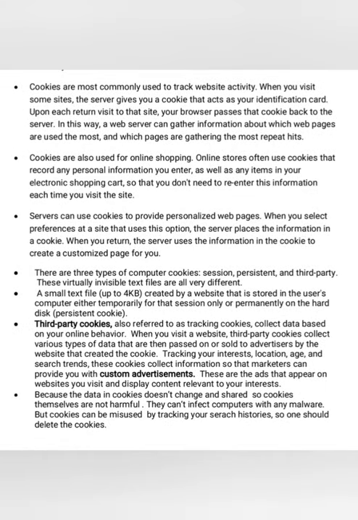Persistent is permanent, which will remain in the system for a long time. And third party is a kind of cookie which is commonly used to track your search history. It is also known as a tracking cookie, because it is shared with a third-party web server.